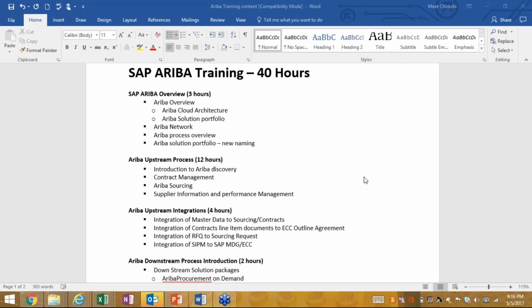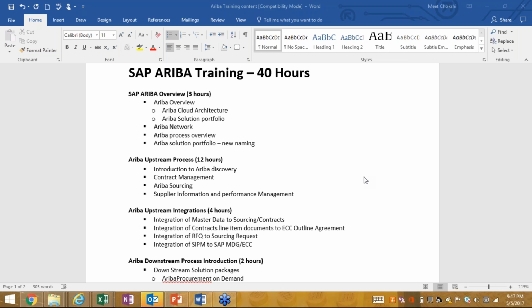Okay. Yeah, so it has different naming conventions, right? So that we'll discuss today. Okay, and so what is upstream, right? So Ariba comes. So earlier Ariba, what we know is like upstream, downstream, and pure invoice automation network. So upstream, right? So what else? What we can do on the upstream side?